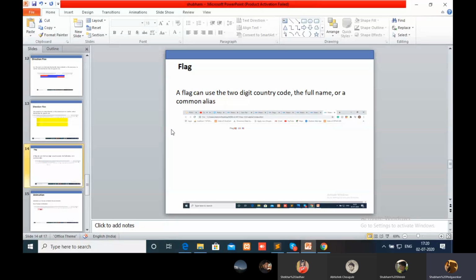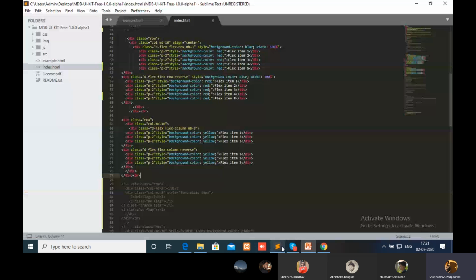And the next concept is flag. What is a flag? It is like a country flag. It is a new class added in Bootstrap. I will give an example. Here is the class. This class is used for denoting a specific country flag.